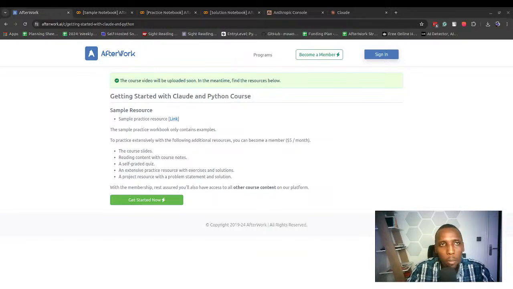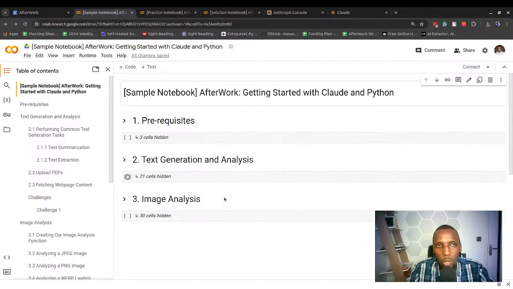Once you have accessed the resource, which will look like the sample one, but which I am going to display. So it will look like this. This is what we're going to be using to learn how to work with Claude AI models and Python. Once you have been able to get to this page, the next thing that you need to do,